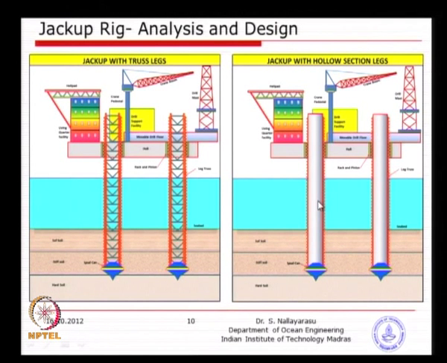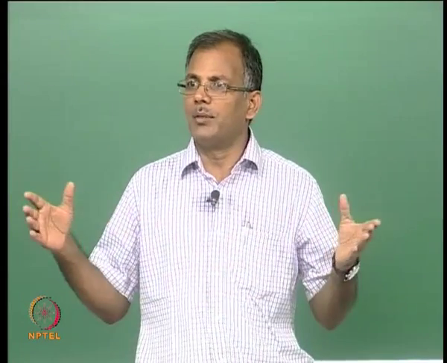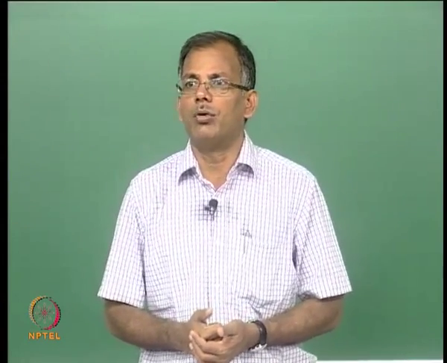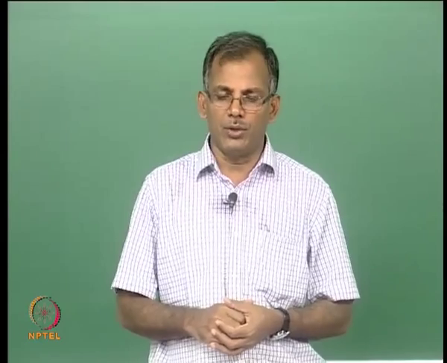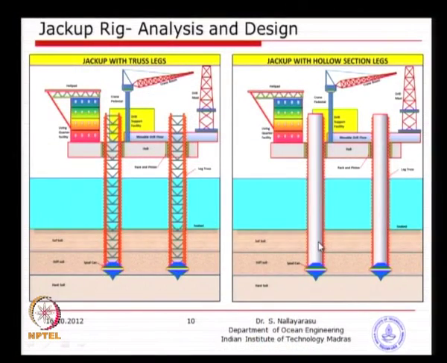So, the advantage of the truss legs is flexibility in going size, length, because if you look at this tubular one, it all depends on your KL by R ratio, which you have studied earlier when we were designing the members. Single member L by D ratio, D by T ratio and KL by R ratio. So, there is a certain limitation: beyond 40-50 meters, your diameter will become so large that without internal stiffening you may not be able to really work out. That is where the restriction on circular sections comes in, though it is easy, because fabrication of this is going to be definitely very easy, and maintenance very simple compared to the truss legs.